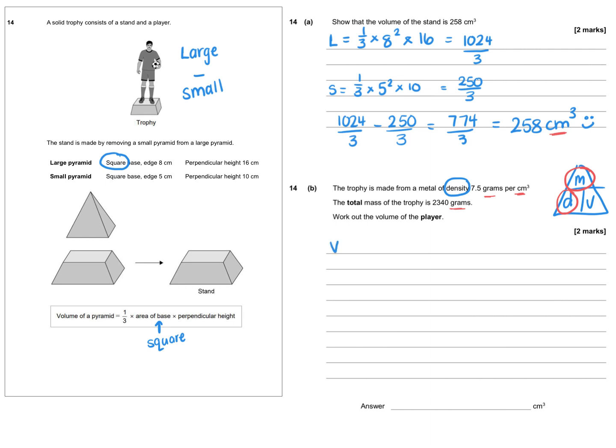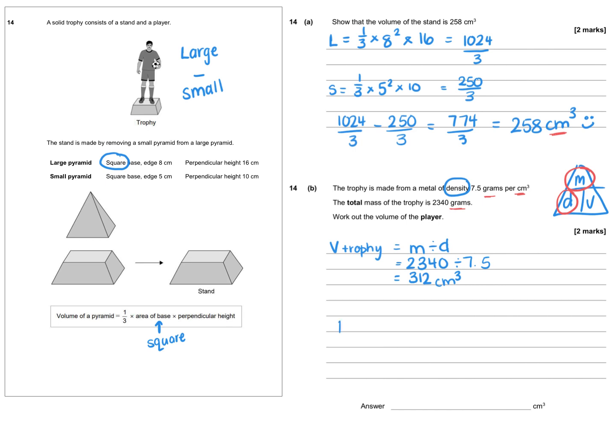So we're looking for the volume of the trophy, and we're going to do that by doing our mass divided by the density. So 2,340 divided by 7.5 gives us 312. So the volume of the entire trophy is 312 centimeters cubed, but we know that the stand is 258,